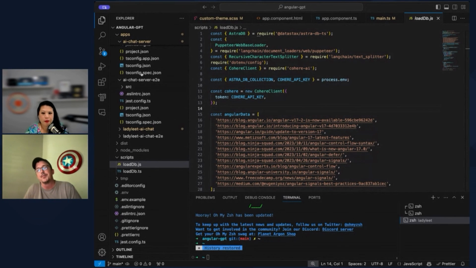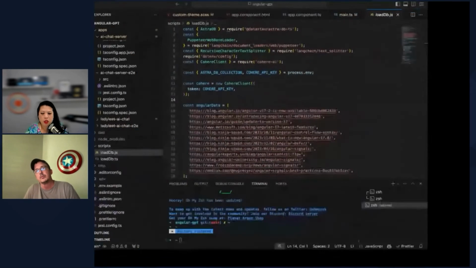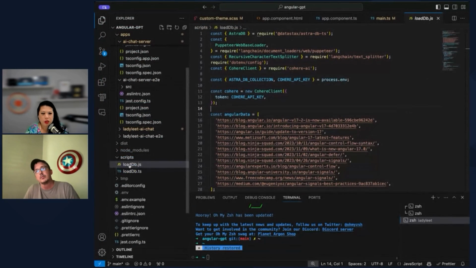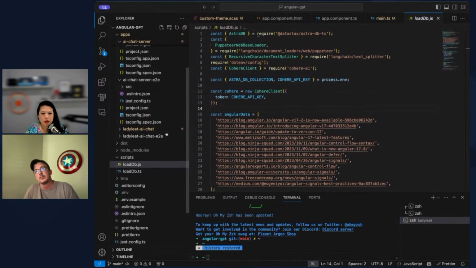You should be okay. So now I have this thing. I think I just want to take this loaddb.js thing and create a scripts folder. So I'm creating a folder under this, right? How do I create a folder? Here, create a folder. I'm calling it scripts. But oh no, I'm doing this in the chat server. So where do I put it? I put it right here.